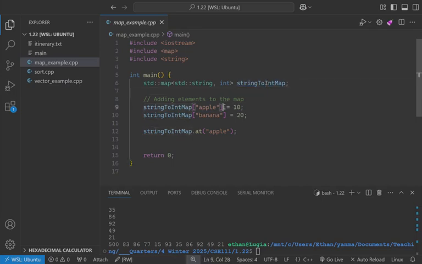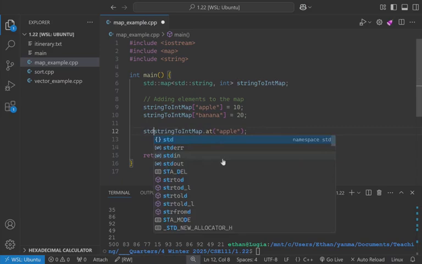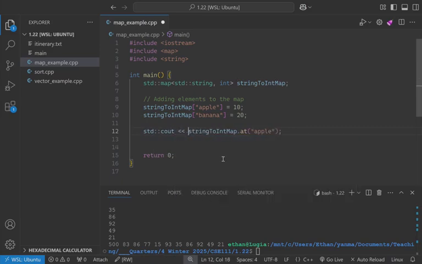You can see that here we are taking in the Apple string, and then we are assigning this value of 10 to this location in memory. Then here we're taking in this banana object and putting it at 20. And then here we are fetching out the value at Apple. So if I now print this out, with std cout and print this value,